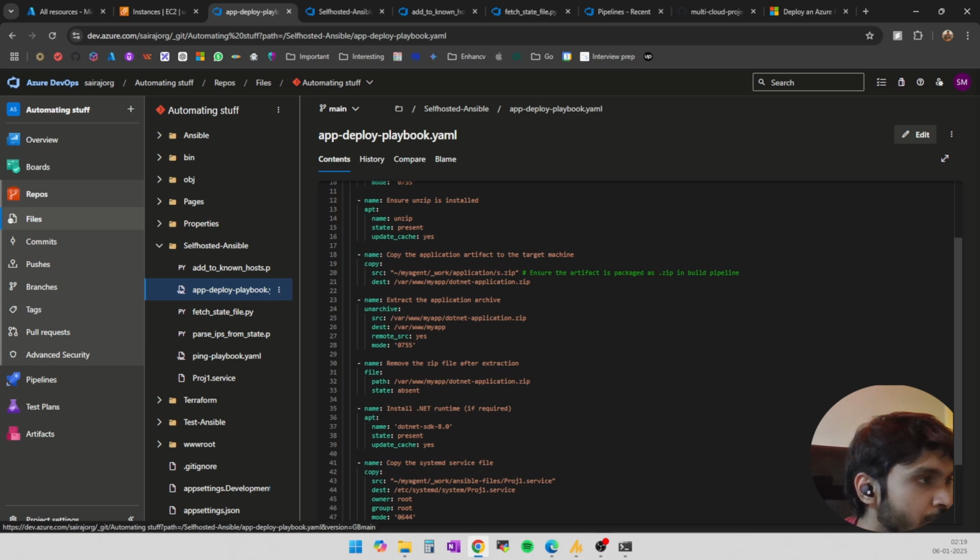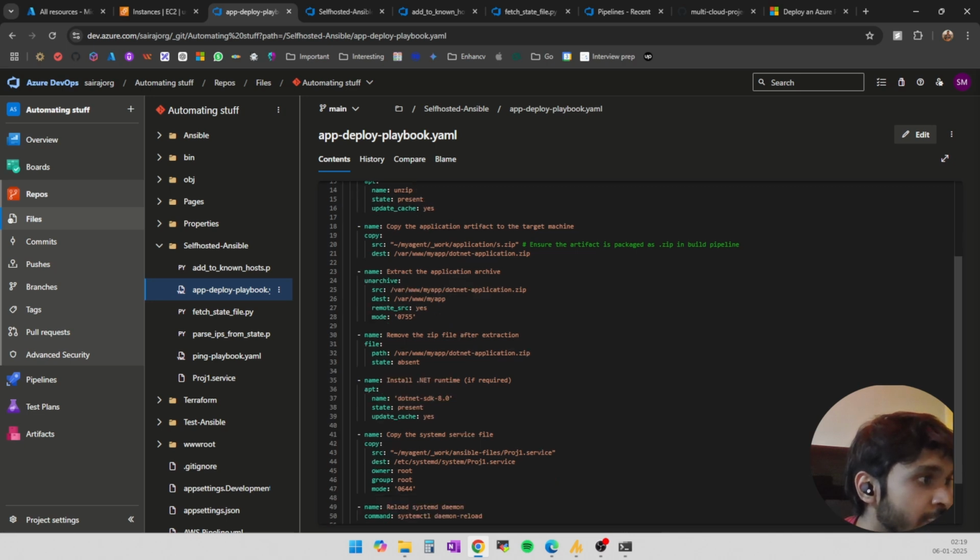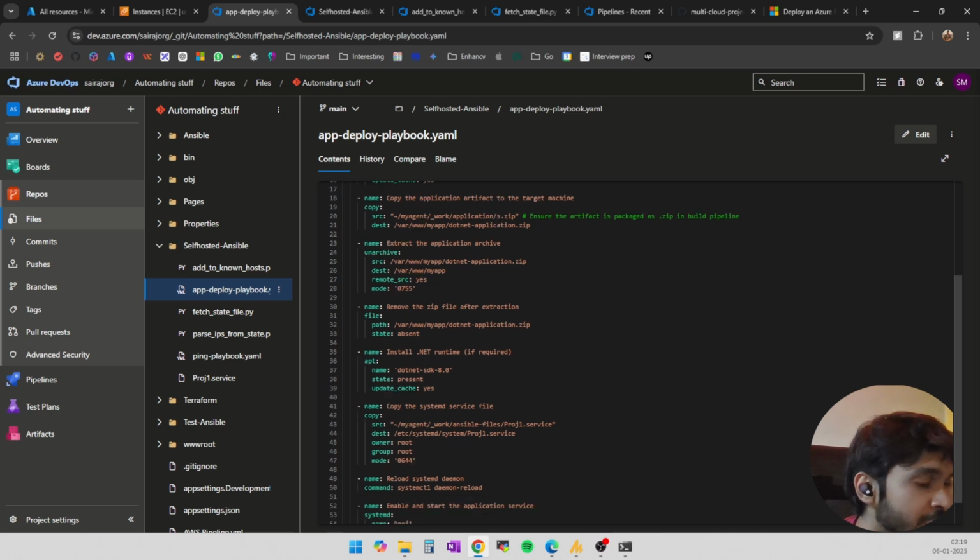So we're going to copy the artifact from a self-hosted agent to the remote nodes at this point, extract from the zip file, and then later on delete the zip file so the folder is clean, and only has our application in its extracted form, and then install